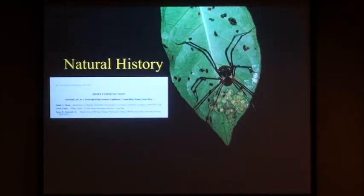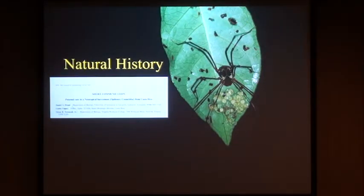But with so many species, the taxonomy is difficult to really sort out. There are also things that we don't know about them, for example, their natural history. This particular animal here is a male guarding eggs on the underside of a leaf. We described this first case of paternal care in Cosmetids in 2011. But this species remains undescribed. We attempted to describe it, but we don't know what genus to place it in. So it's kind of a mess, and this mess of the systematics really prevents us from studying other things about the animals, especially their natural history,